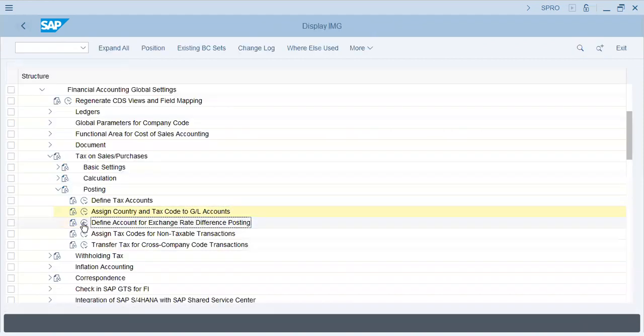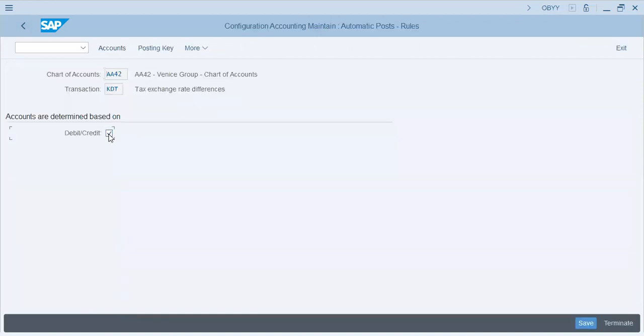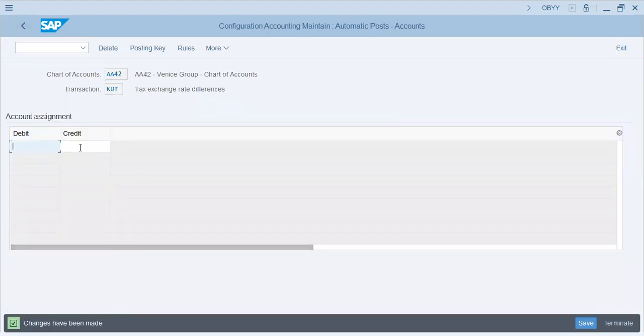Define account for exchange rate difference posting. We will discuss this in a separate lecture. 8842. Debit, credit, save, and we will have an account for exchange rate. Debit will be expense, credit will be income. Exchange rate differences